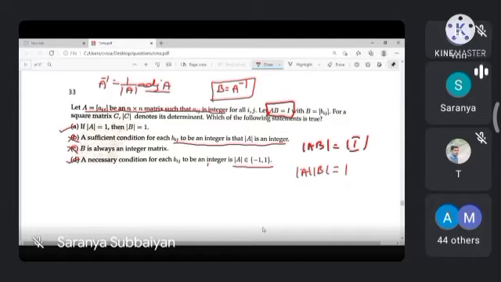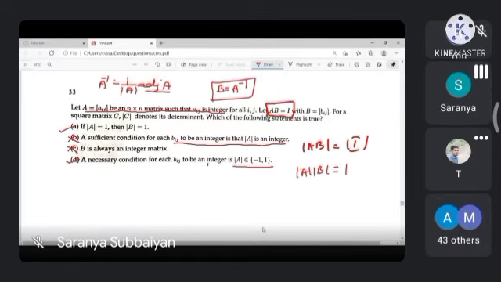So same question. The previous one is also the same question. This is also the same question, but the language is somewhat different. Previously they gave an upper triangular matrix with diagonal entries 1. Here they have simply given A and B matrices multiplied with AB is equal to identity. That's all. Very easy problem, right? Yes, ma'am. Okay, is there any doubt? Yes. Ma'am, I don't understand only the fourth option, ma'am. Fourth option.